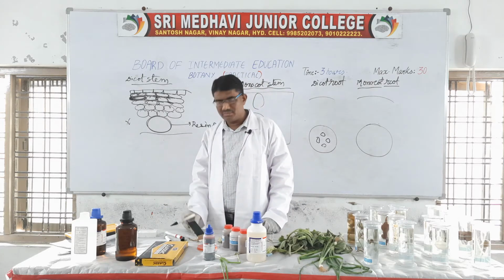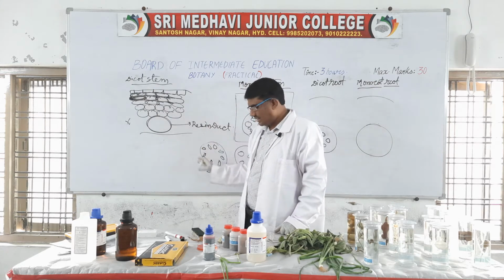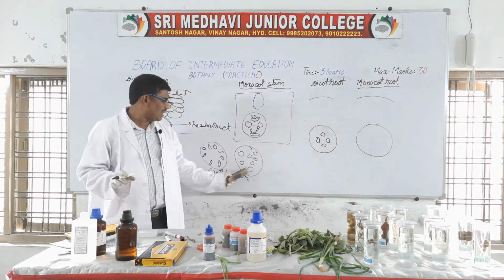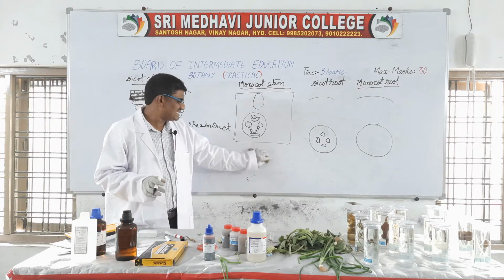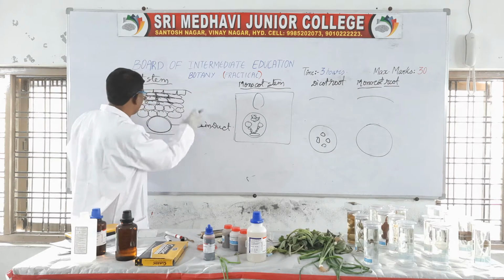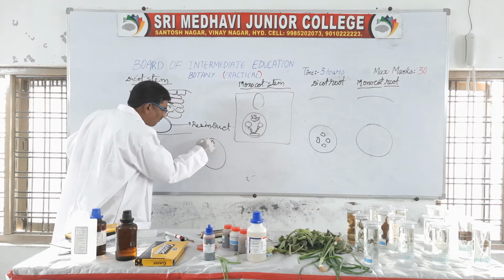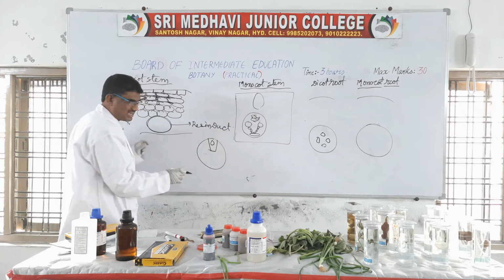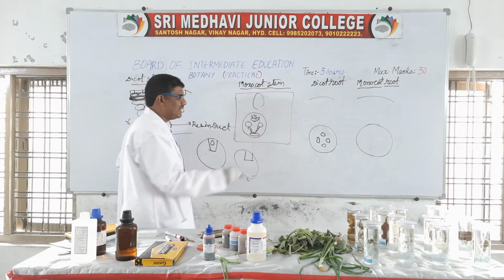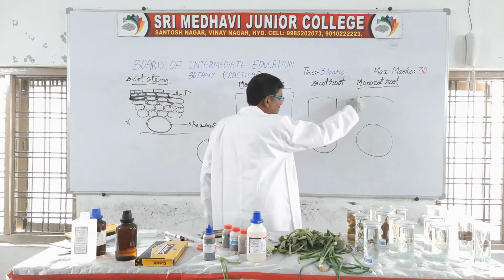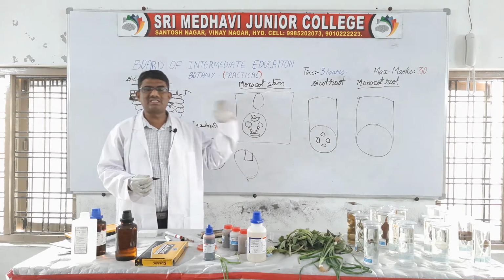That's why diagrams are also necessary for the practical examination. Here is the dicot stem; these both are ground plans. The ground plans are not necessary for the practical examination. You only have to draw the sector diagram. The enlarged sector diagram is a must. The enlarged sector means one part of the stem. All parts are the same in the monocot root, monocot stem, dicot stem, and dicot root. That enlarged sector diagram is what is important for the practical examination.